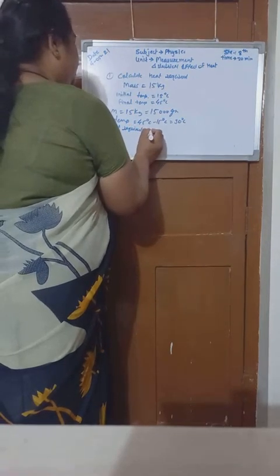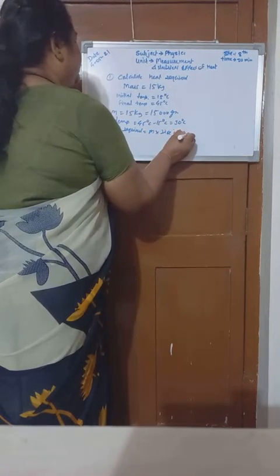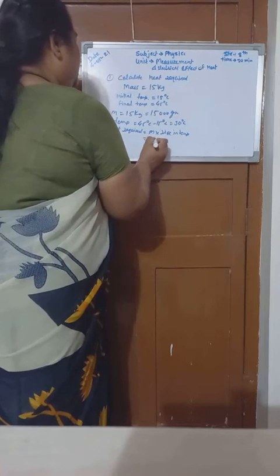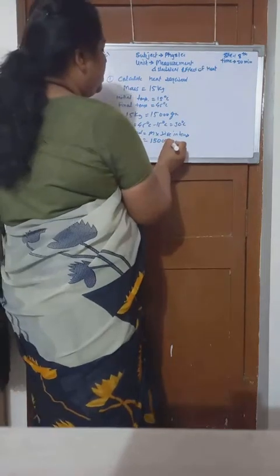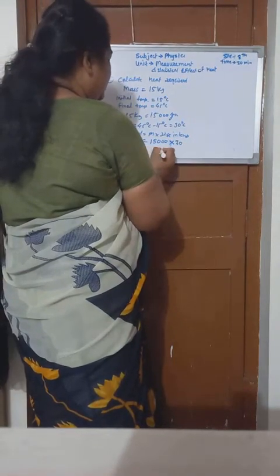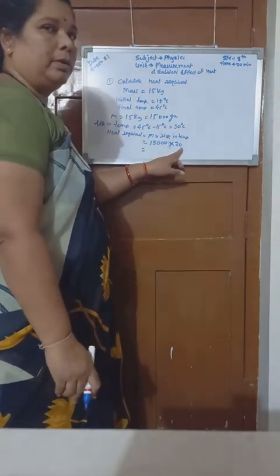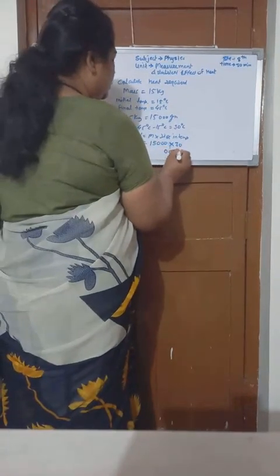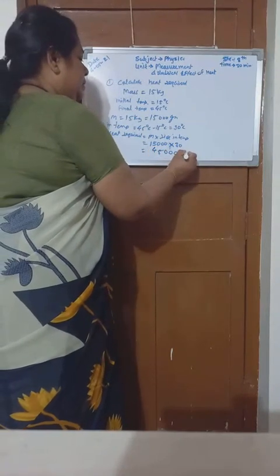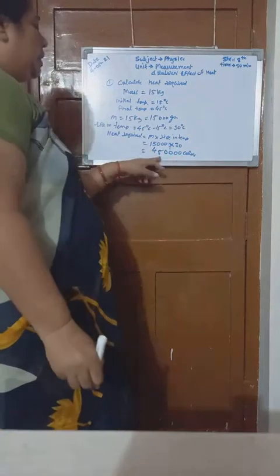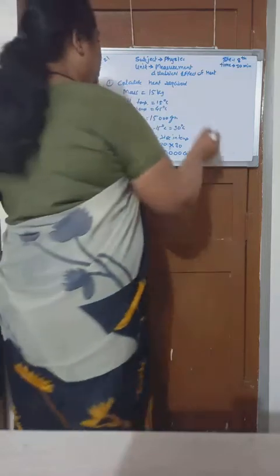Heat required is equal to mass m into rising temperature. M equal to 15 kg means 15000 gram. Do not write here gram. Into rising temperature is 30 degree. Answer is there are 3 zeros in this number and 1 zero here. Then write down 4 zeros. 15 3s are 45. That is 450000, this is calorie. Okay. We can convert it into joule also.